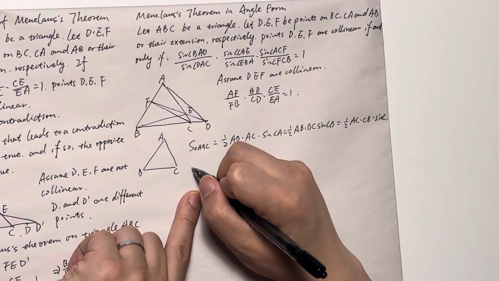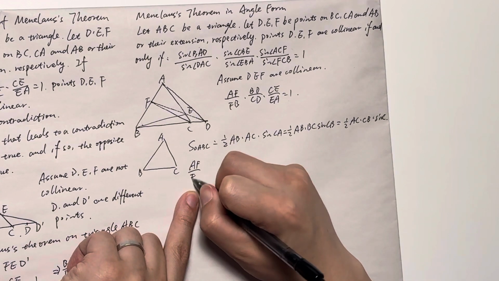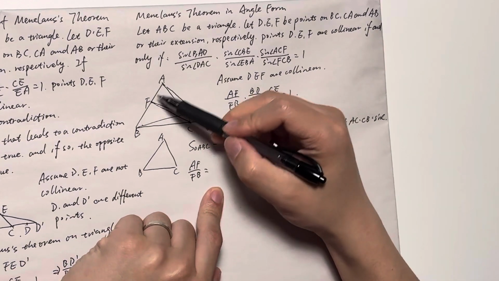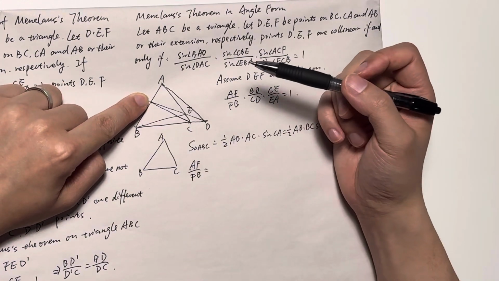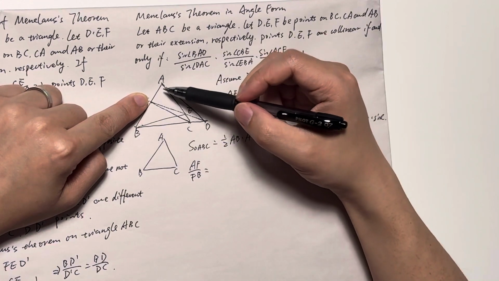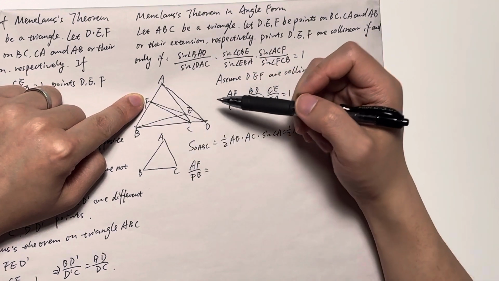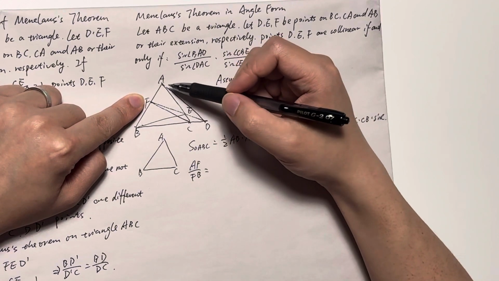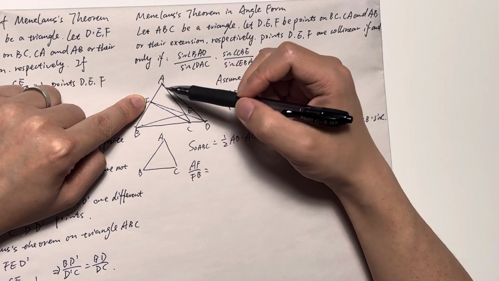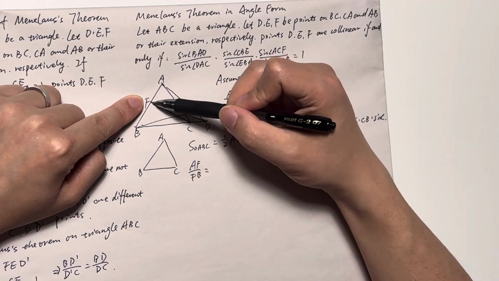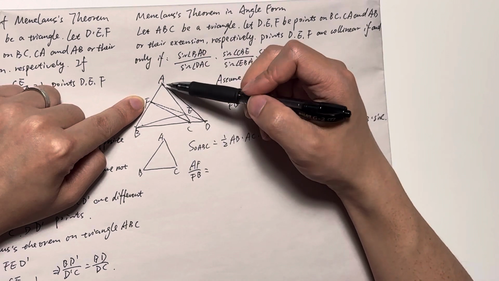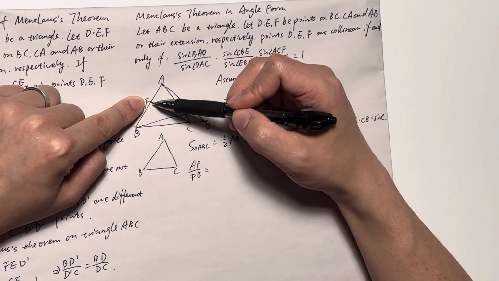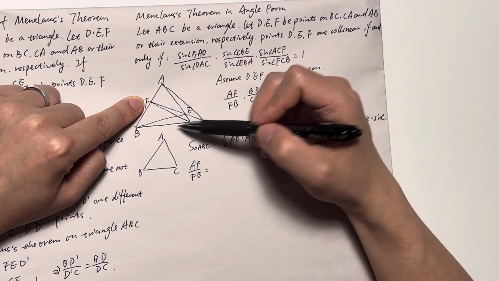So AF divided by FB equals the area ratio of ADF and FDB, or the area ratio of ACF and